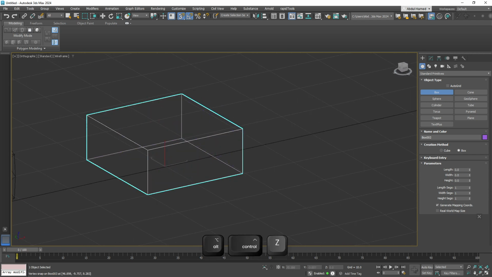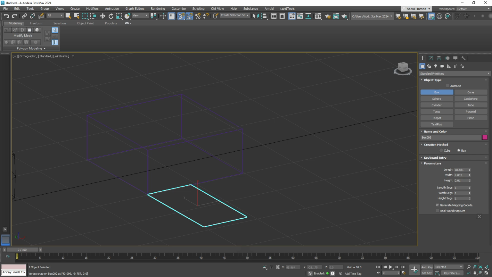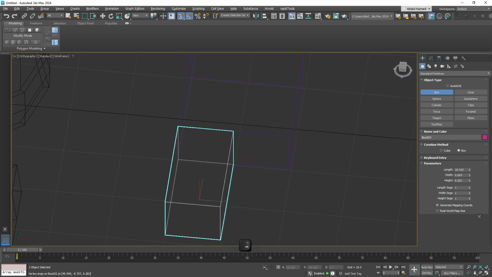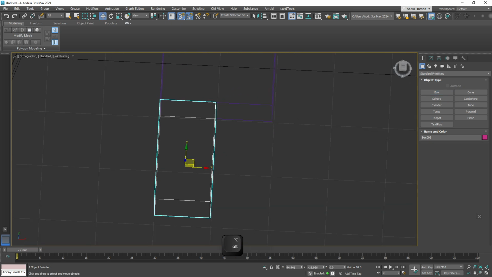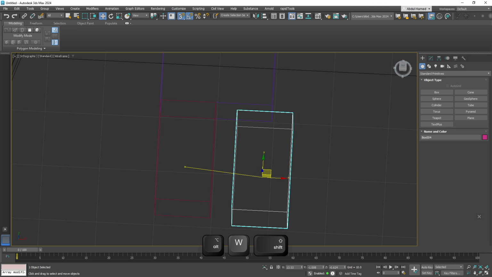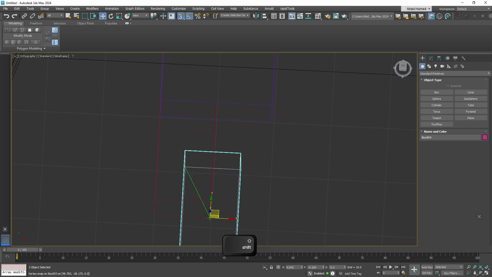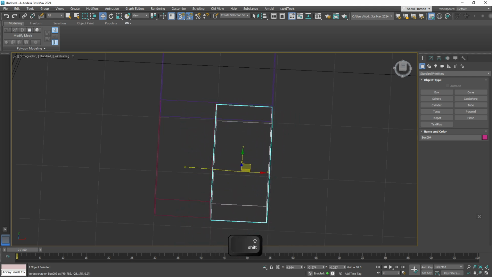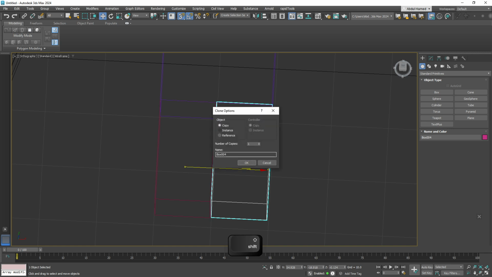So let's undo. Let's create a box again, and then awesome. So let's create 2 more. So press shift and so let's do it to the best of our ability. So let's make two copies,